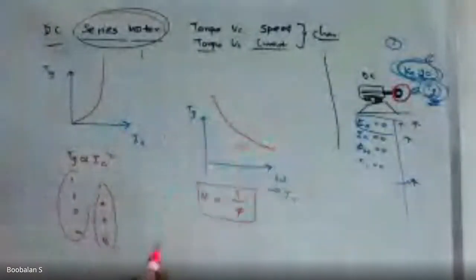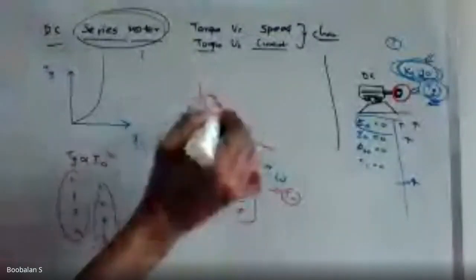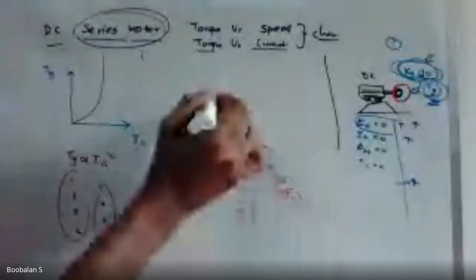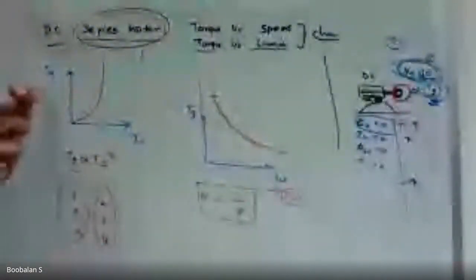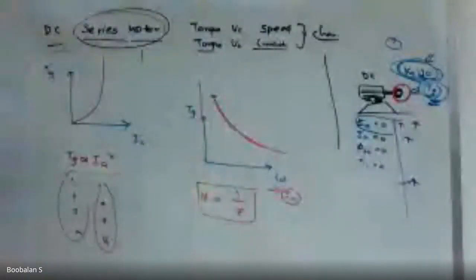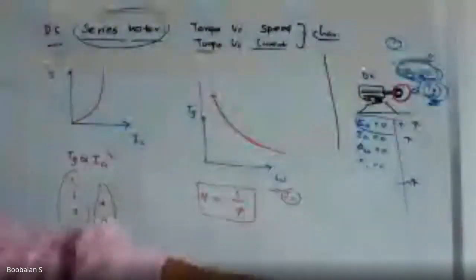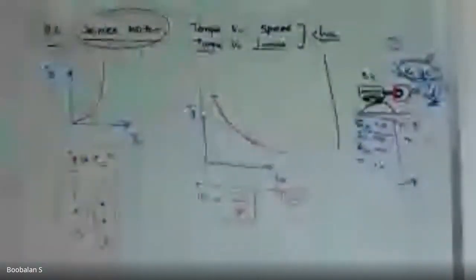When load is applied to the motor, that's called load current. Whenever the current increases, the speed decreases. Initially the motor has very high speed, and whenever I apply load, it comes down. So these are the characteristics of my DC series motor. This is called the electrical torque characteristic, and this is the mechanical characteristic. Anyone just took a photo, and we'll go with the third type of motor, that's called compound motor. It's very easy actually. Anyone just make it fast.